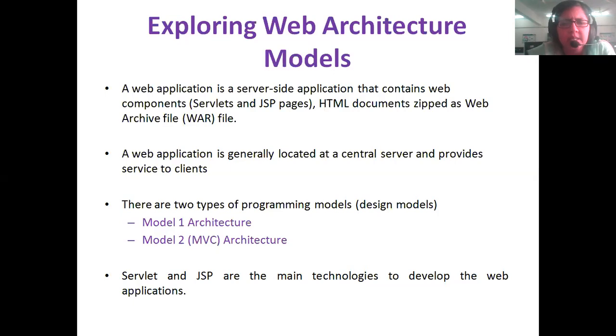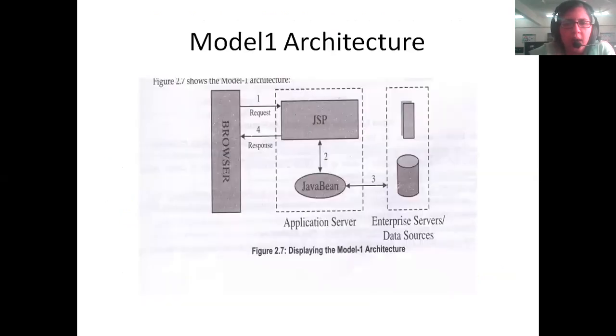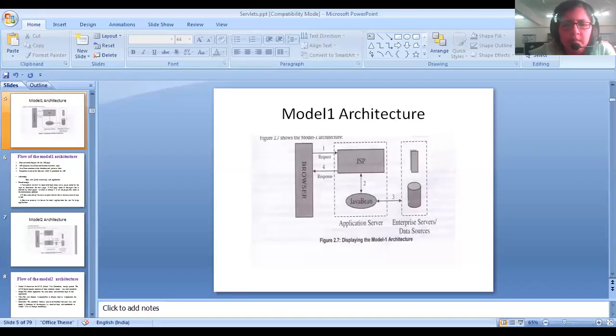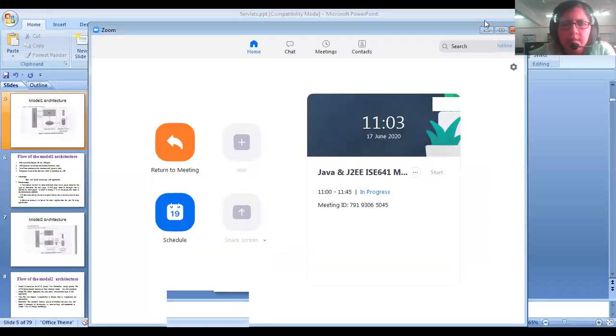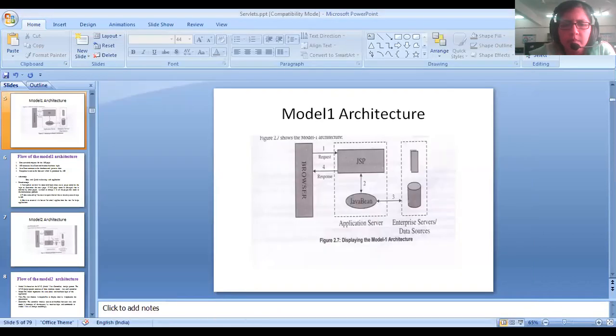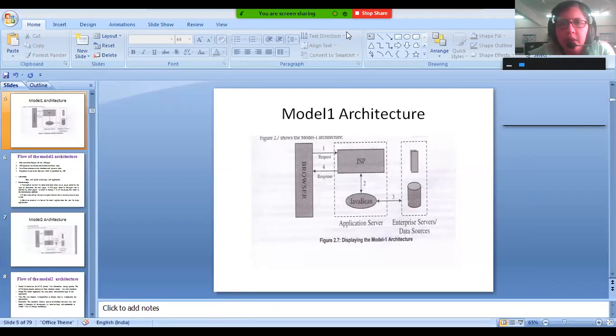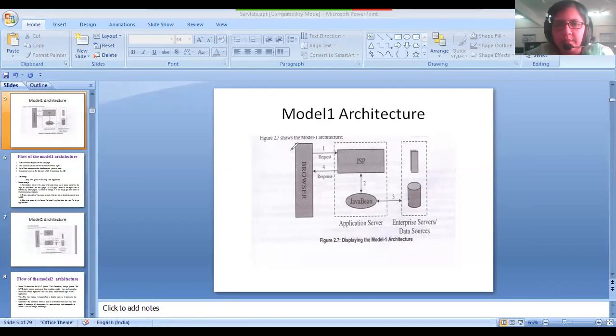Now, in the market there are basically two main architectures, or design models, which are the fundamentals of the web architecture. Under model one, at a very high level, we have something called the browser.